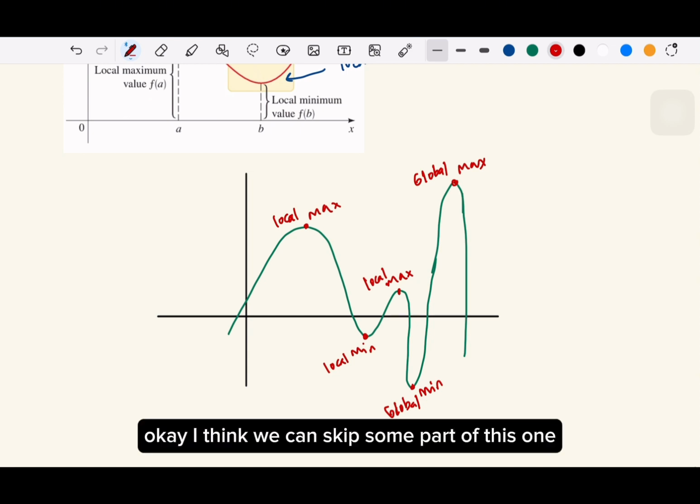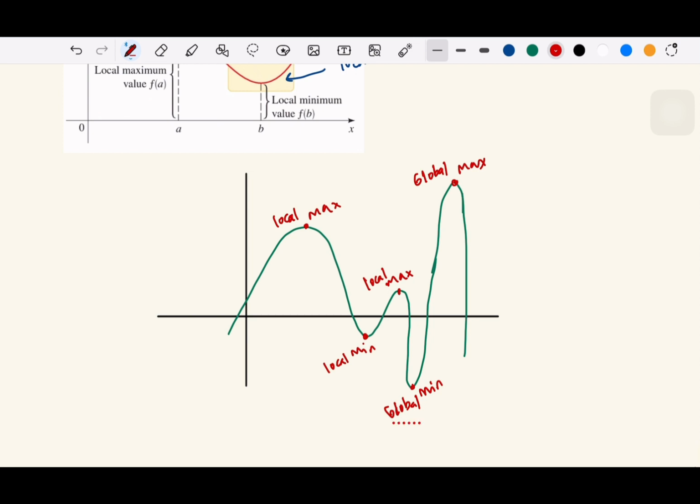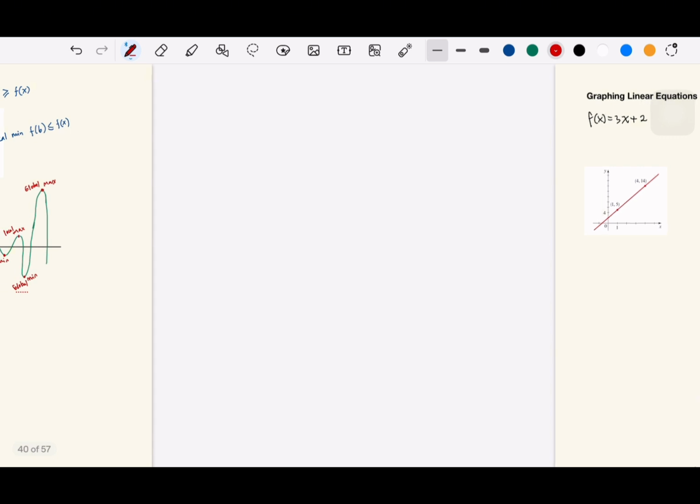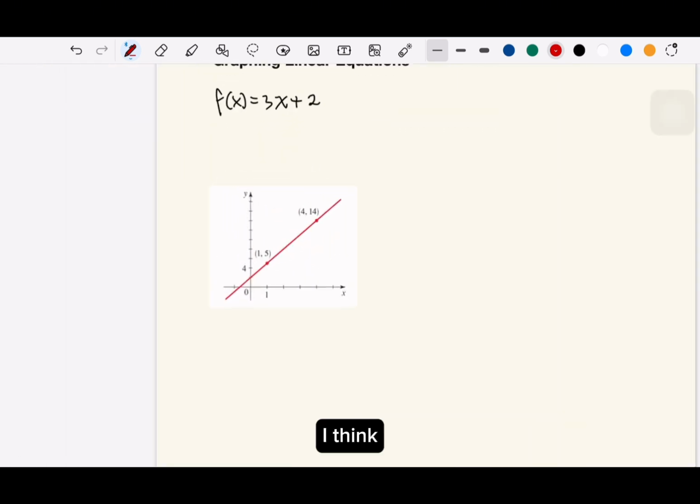Okay, I think we can skip some parts of this one. Okay, that's local. I think,